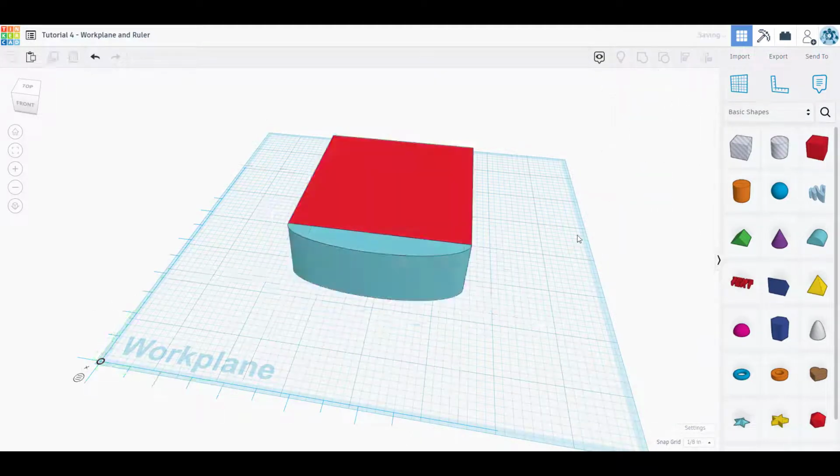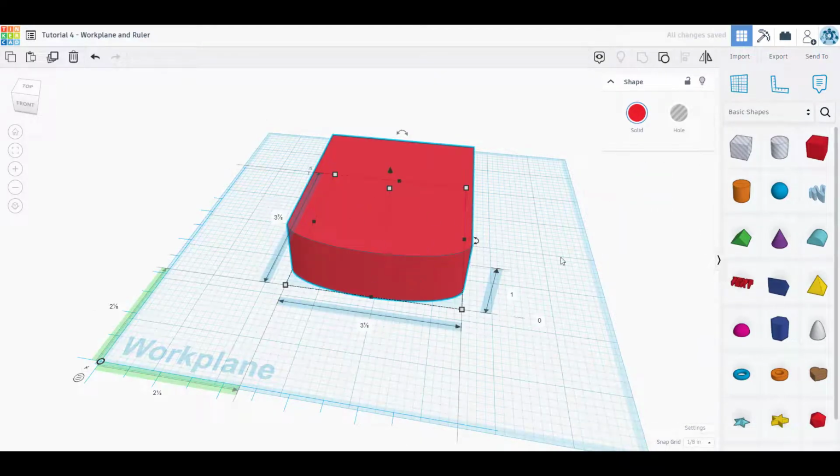I could group these together a lot easier than if I were to drag that out and try to move it, rotate it, make it look all crazy, and try to get it added to this box. The Workplane tool and the ruler tool, your best friends when it comes to